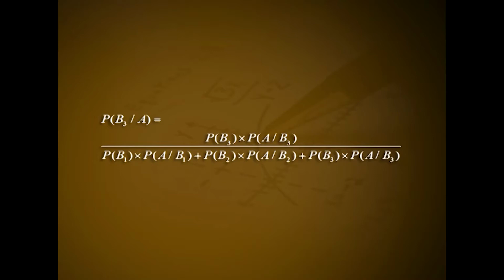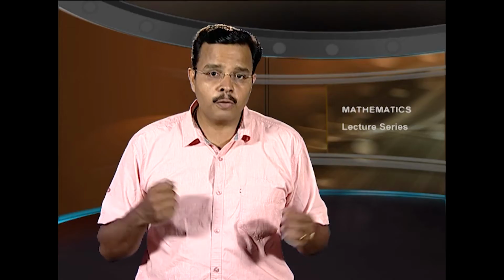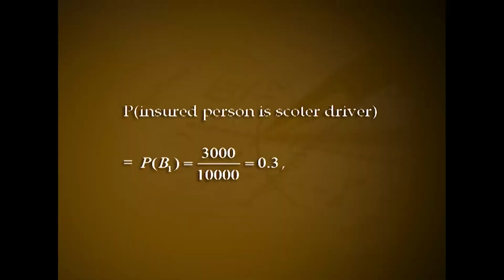By Bayes theorem, P(B3|A) = P(B3) × P(A|B3) divided by P(B1) × P(A|B1) + P(B2) × P(A|B2) + P(B3) × P(A|B3). Total of 10,000 people are insured. Hence, the probability that the insured person is a scooter driver, that is P(B1), is 3000 divided by 10,000,